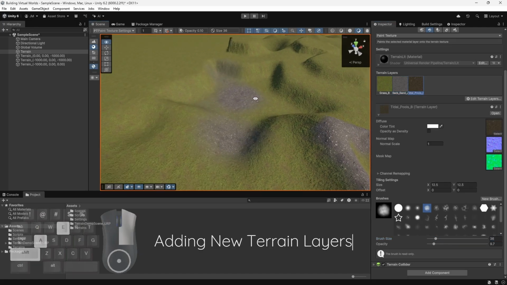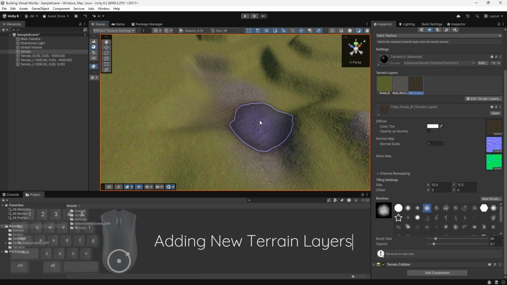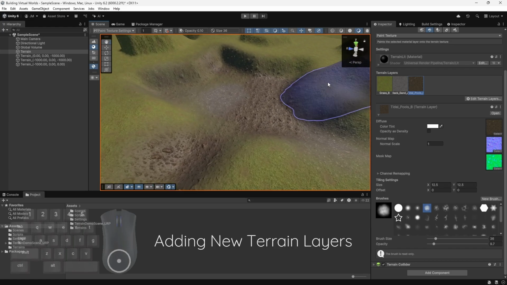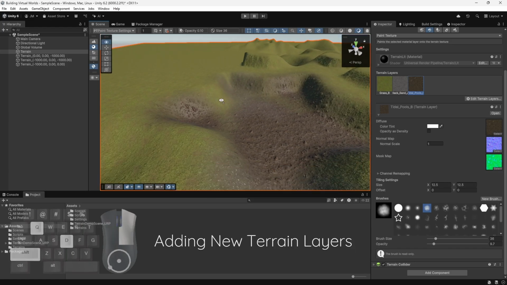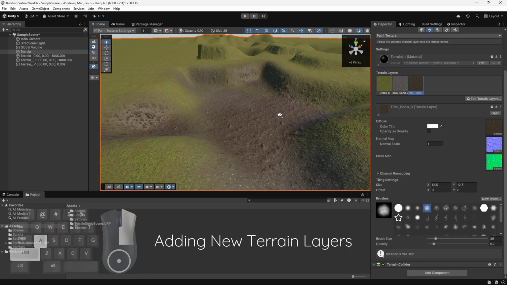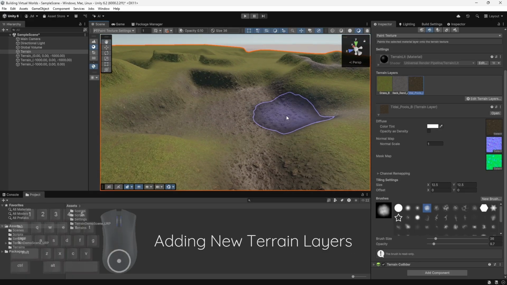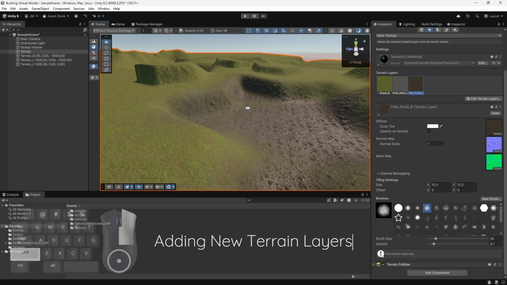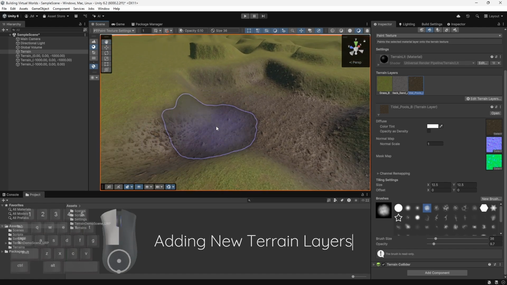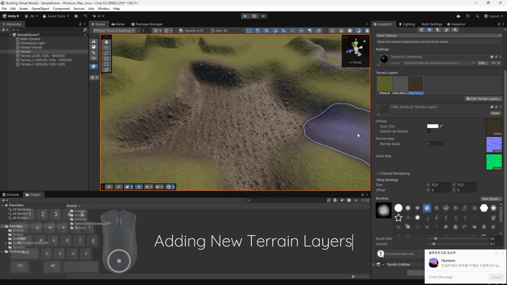Oop, I have to select it. So this might make sense. We can be astute about our observations and say maybe if this were a real environment, this is where all the water would run off, and so this would be a very muddy part of the environment. It's up to you to kind of have that